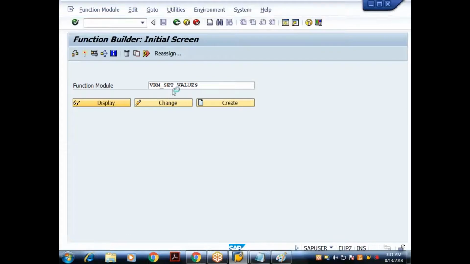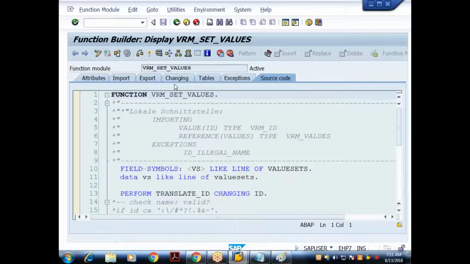So what is my job now? I need to call this function module to associate the values. Before calling it, we need to analyze the signature of the function module so that we understand what parameters to pass, what data types to pass, which are optional and which are mandatory. In the import section, import means export while calling.